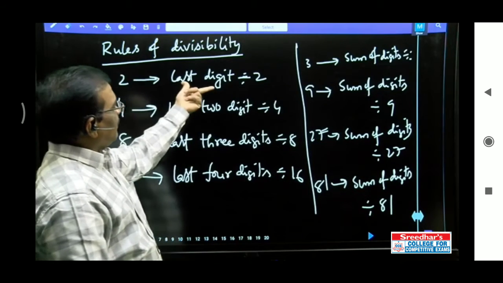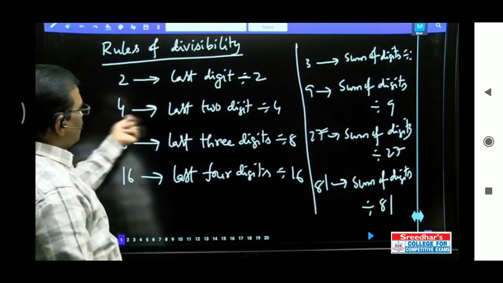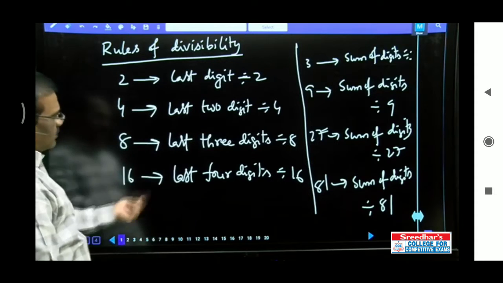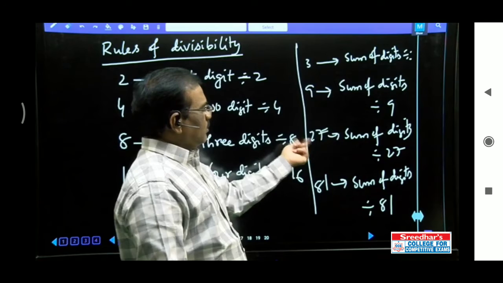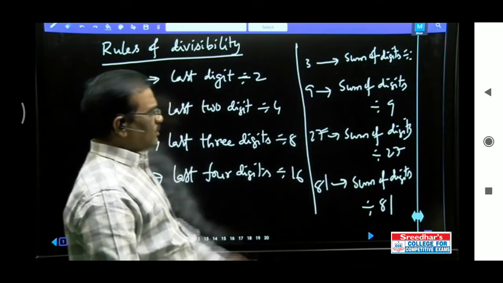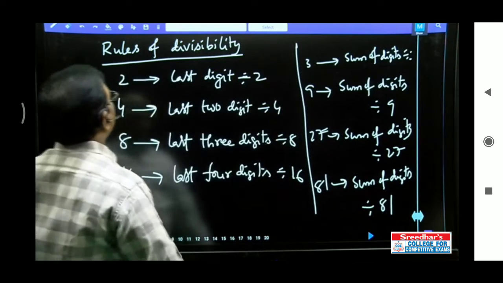2. Last digit of a number is divisible by 2, then the number should be exactly divisible by 2. 4 condition, last 2 digits. 8 condition, last 3 digits. 16 condition, last 4 digits. So 3 condition, sum of the digits is divisible by 3. 9 condition, sum of the digits is divisible by 9. 27 condition, sum of the digits is divisible by 27. 81 కూడా అంతే, అంటే 3 power 1, 3 square, 3 cube, 3 power 4. నెక్స్ట్ ఇవి అయిపోయిన తర్వాత మనం